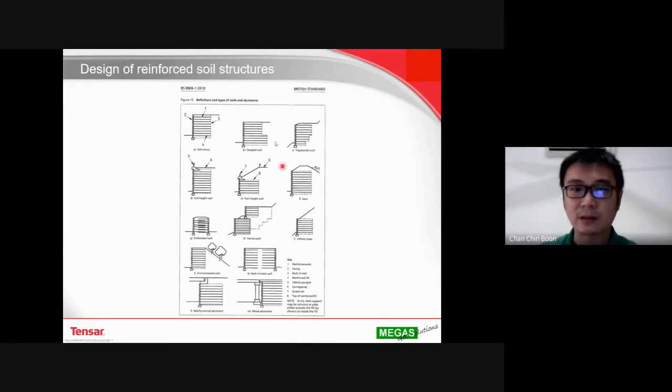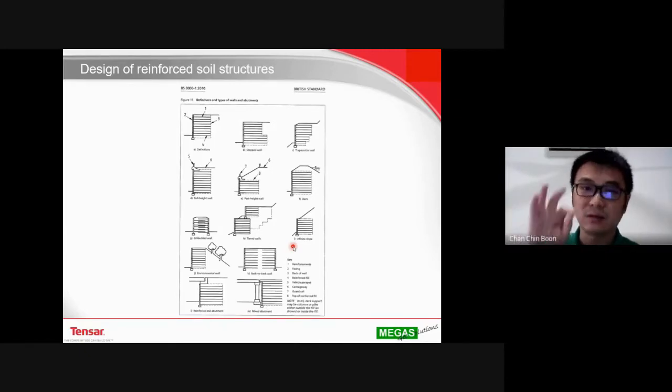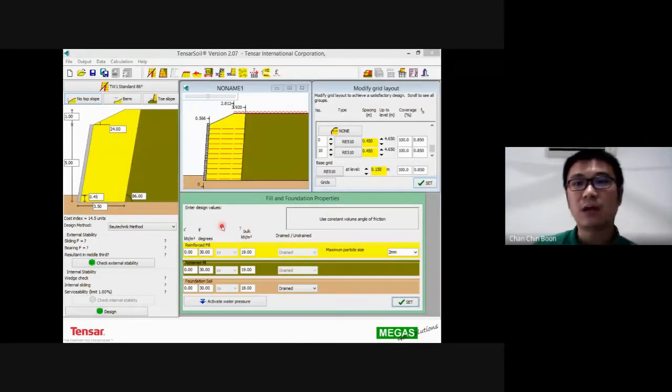Okay, so we can refer to the codes. Then the code will tell us what is the length of the geogrid recommended. And as an engineer, we can pre-design it, and we design it accordingly and check the stability. So nowadays, we are quite lucky that there are a lot of design software available in the market. For example, the one that we are using is actually quite user-friendly, where this is the orientation of the